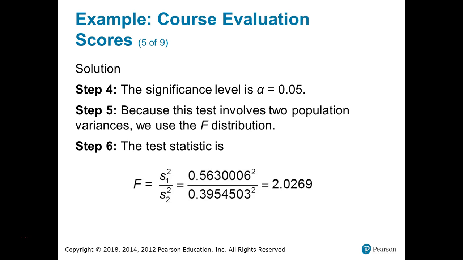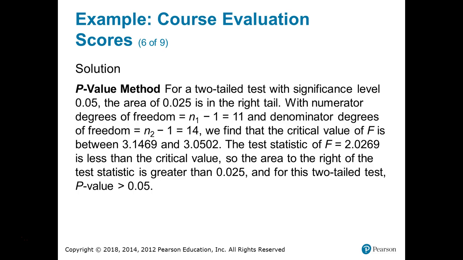Significance level was given at alpha equals 0.05, and because we are dealing with two population variances, this is an F distribution. So the test statistic becomes F equals 2.0269. For a two-tailed test with a significance level of alpha, the area of 0.025 is in the right tail. The numerator degrees of freedom, n1 minus 1, is 11, and the denominator, n2 minus 1, equals 14. So you kind of have to play Battleship with Table A5,